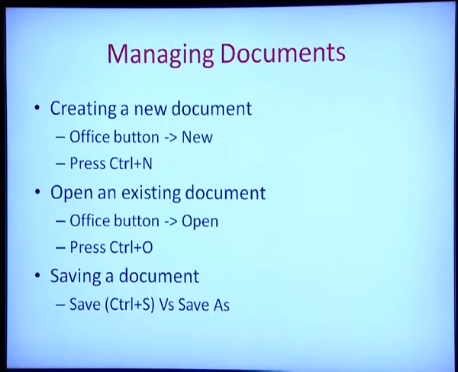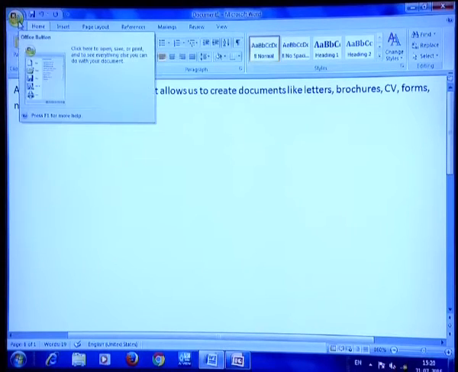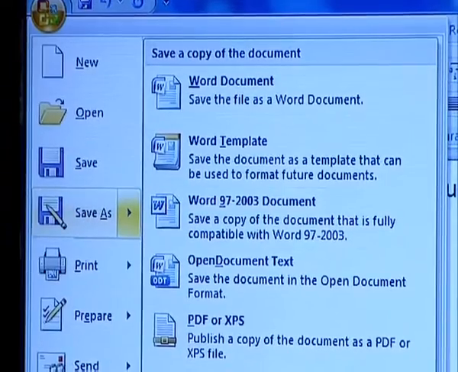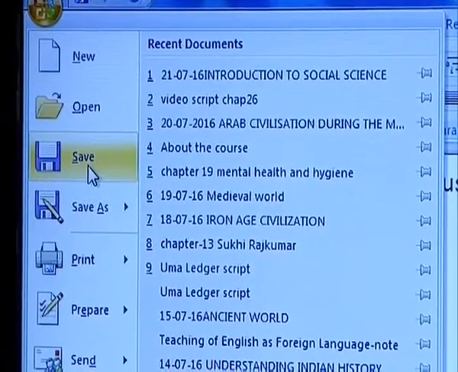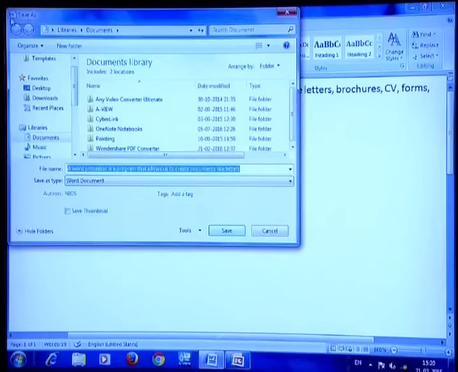These two options are available when we want to save a document. Now, let us see how all these things work. Let us have a demo. Now, this is a document. Suppose I want to save it. I go to Office button, a menu opens. I can choose the option Save or Save As, because it is a fresh document, so there is no difference between Save and Save As. I click at Save, it opens the Save As window.